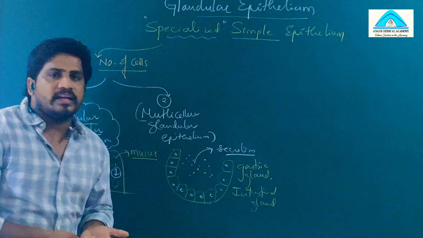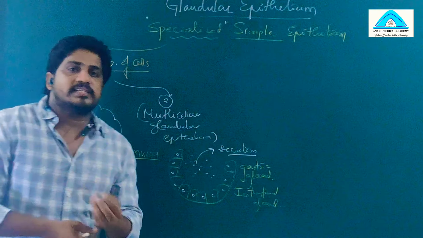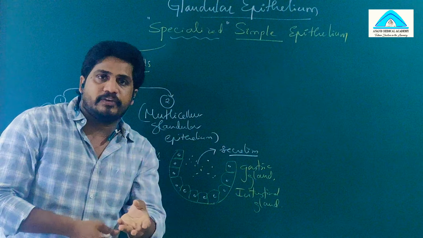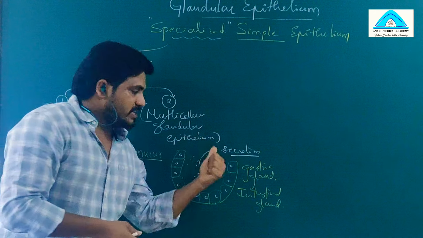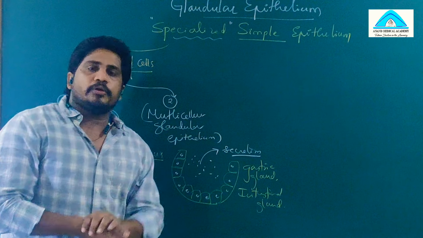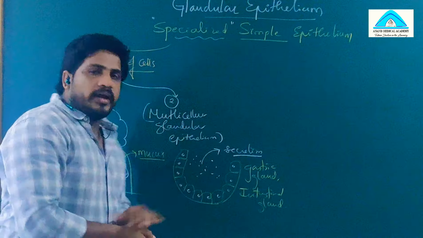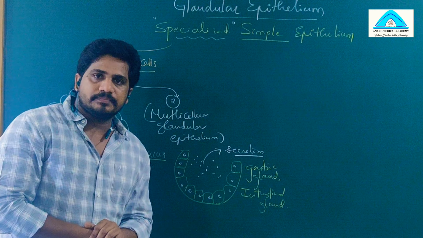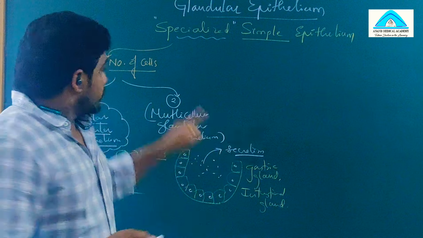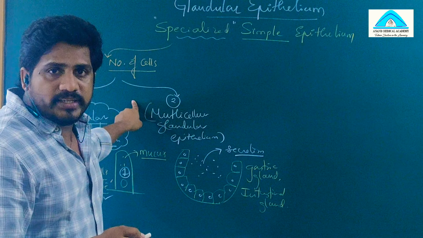Why? Because they also have goblet cells. On either side of goblet cells, normal columnar cells are also secretory in function. Intestinal enzymes or gastric enzymes can be secreted. In the human digestive system part, this point helps you understand. Clear? Next, this is according to the number of cells.